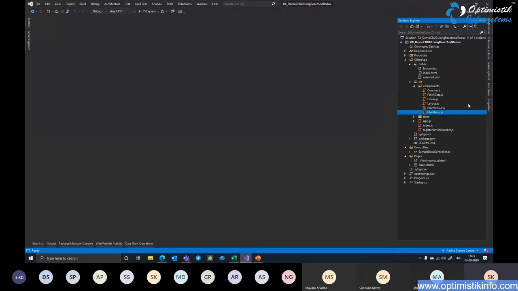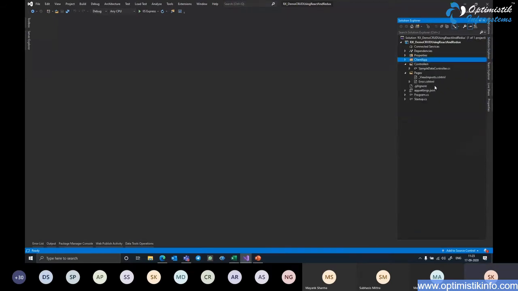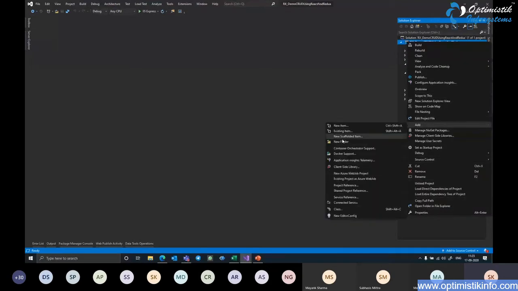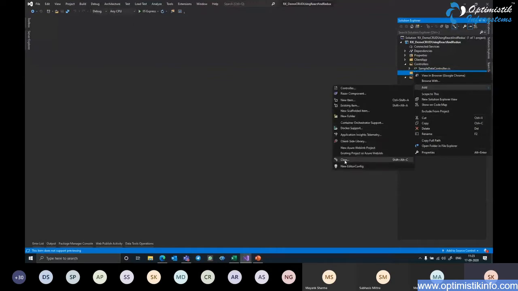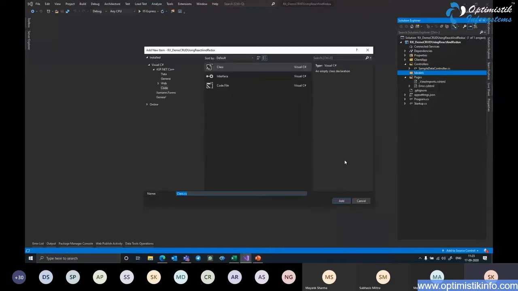So for that purpose, what I do is I go to the Solution Explorer, right click on the project, click on Add, select New Folder. Let's name this as Models. That's the right way because backend is all driven by MVC in .NET and we are just following the structure of MVC programming. So I right click the Models folder and say Add a class which will represent my model